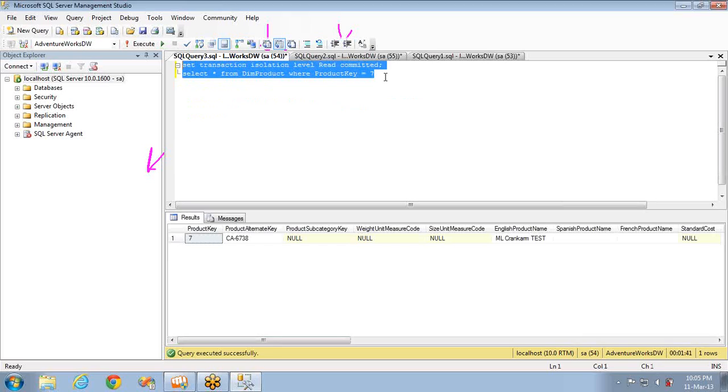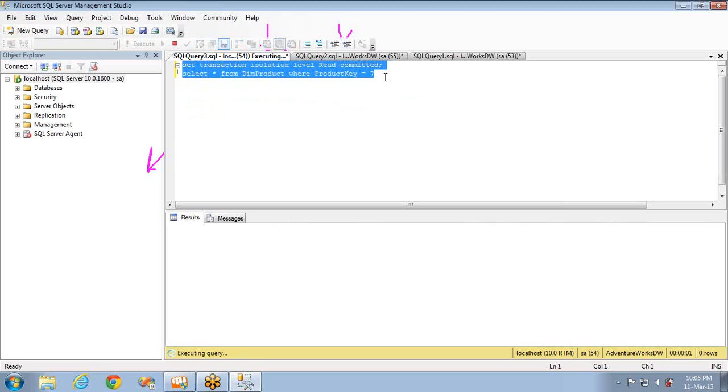So if I execute this, it will keep running. Why? Because an exclusive lock is set, and this one will wait until the other either commits or rolls back. So with read committed, generally if you use this in any reporting part, then you are gone. When the other side is updating the data, it will wait until the data is completely committed.